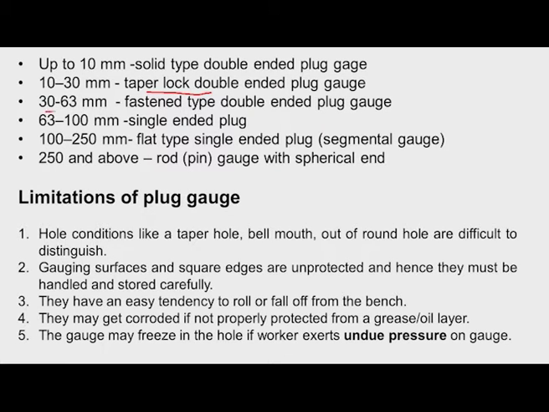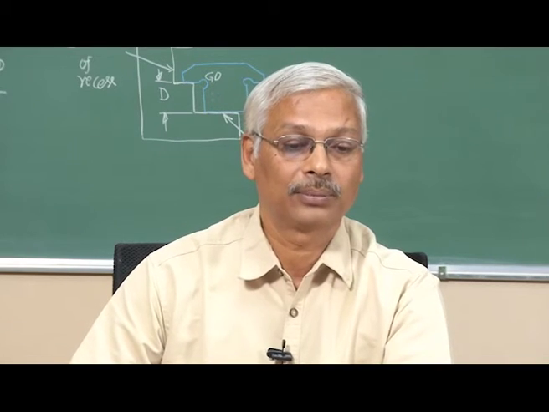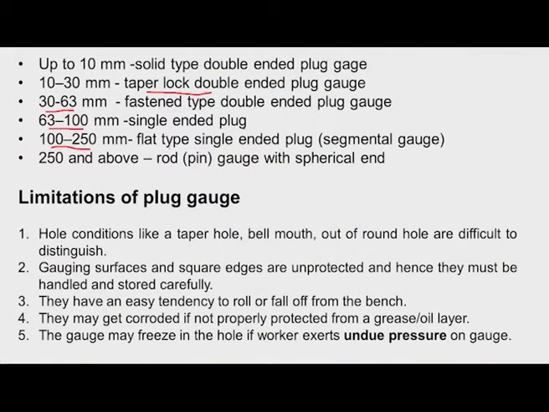From 30 to 63 millimeter, fasten type double ended plug gauges are used. They are not taper lock, the ends are fastened to the handle. And then from 63 to 100 millimeter, single ended plug gauges are used. So we need to have two gauges, one for go limit and the other for no go. And from 100 to 250 millimeter, flat type single ended segmental type plug gauges are used, and above 250 and